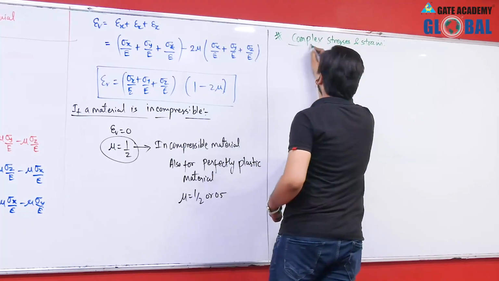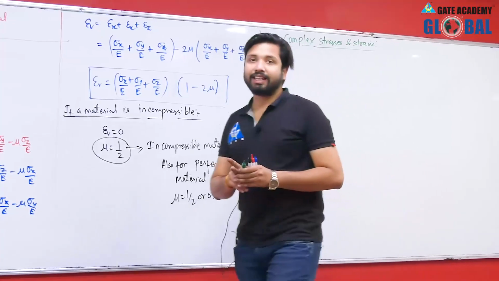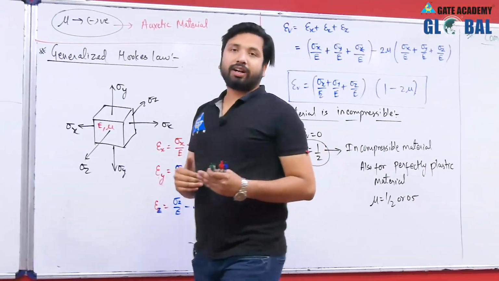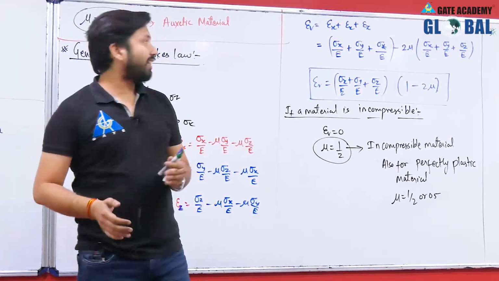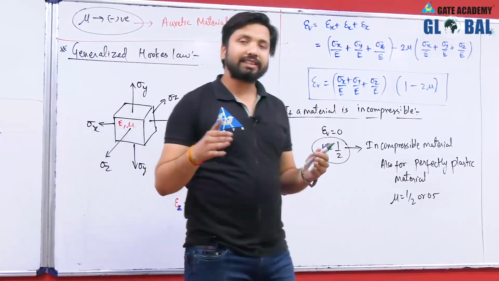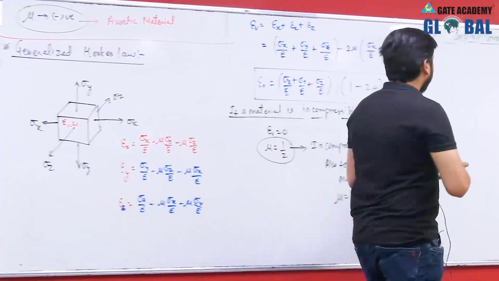Okay. So, when a component is being loaded only about one direction, then it is known as uniaxial loading. If it is being loaded about 2 directions, then it is known as 2-dimensional loading, and if it is being loaded along all 3 directions, then it is known as 3-dimensional loading. Okay. Now,